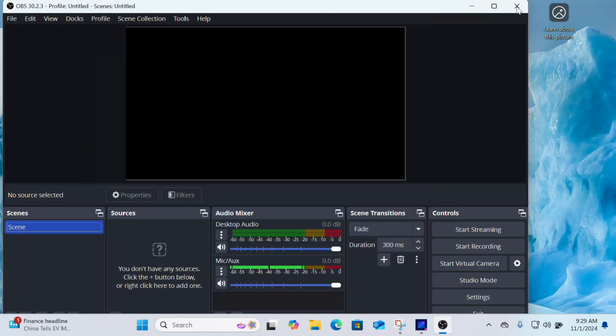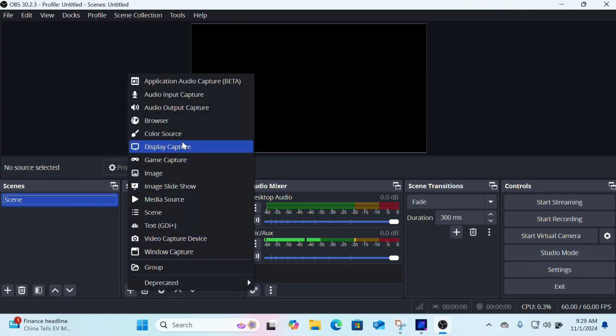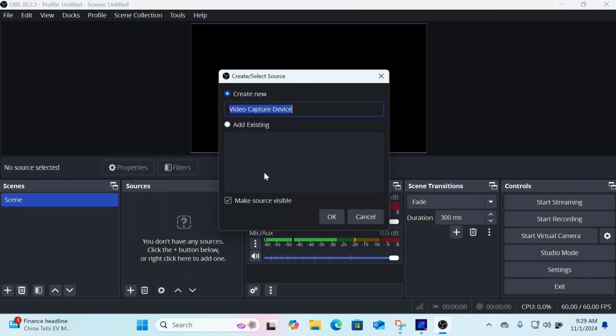Now, what you can do with this is, let me maximize this so I can see. So when you start adding your sources, you can add display capture. Let's do video capture device first. So now you can change this to whatever you want. I'm gonna leave it at video capture device. This is just a test. But you can say okay,